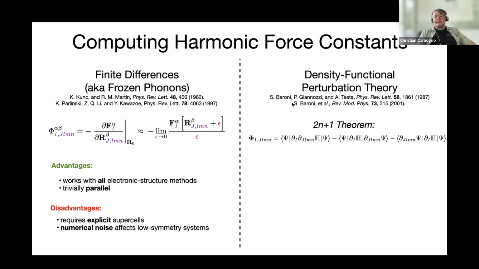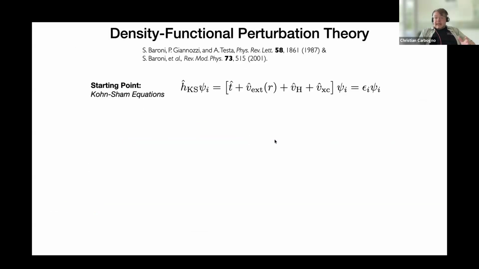And then there is a second technique, the so-called density functional perturbation theory, where you get this result analytically. For that, you really evaluate this kind of Hamiltonian that we discussed before. How do we do that? Let's go for that step by step. So first, I write down the Kohn-Sham Hamiltonian as you know it. So you have your kinetic energy, your external potential, your Hartree potential, and exchange correlation potential. That gives you this eigenvalue problem.